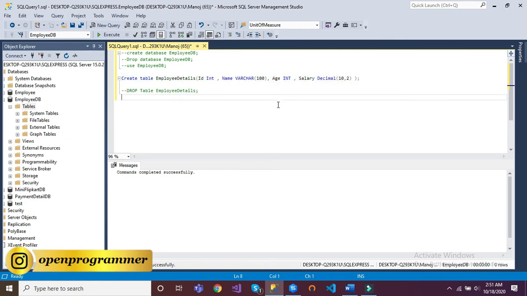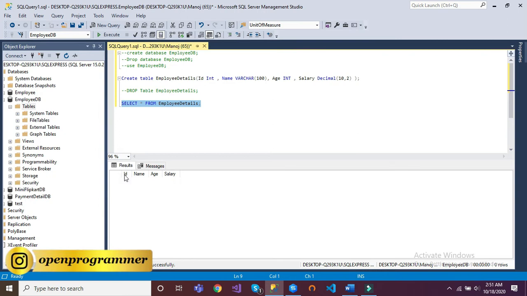Now let me show you how we can see the created table through a command. There is a command, select star from and then table name. Select the command, click on execute. So here it is showing all the columns: ID, name, age and salary, right? Now let me come to this ID column.